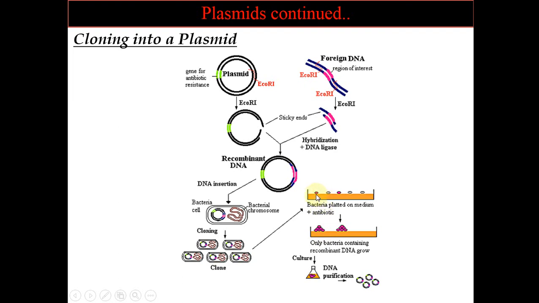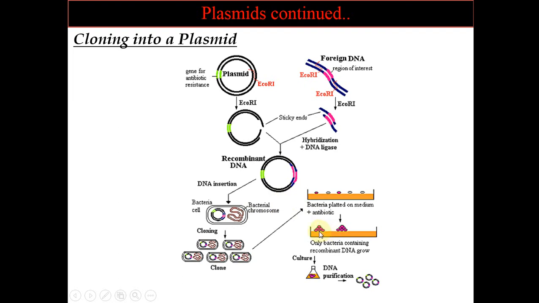See here, you can see these two cells are shown with pink color because they have the foreign gene or vector DNA in them. They are transformed, and these white ones are not transformed. They won't grow on this ampicillin containing medium because they are antibiotic sensitive. These cells which have acquired this resistance for ampicillin have it because of the presence of this foreign gene. Okay, so this is